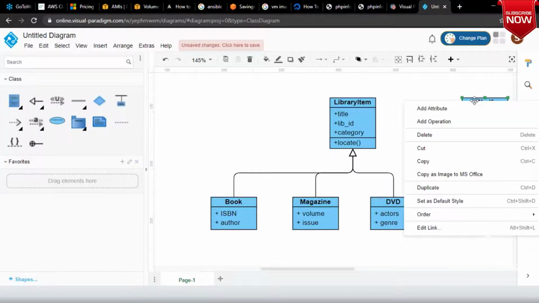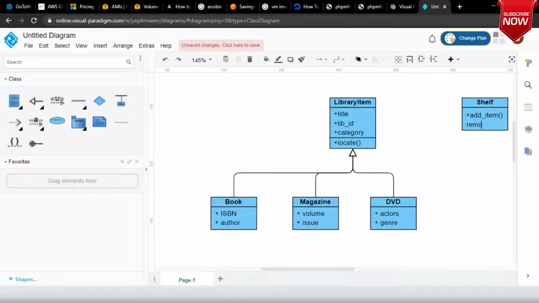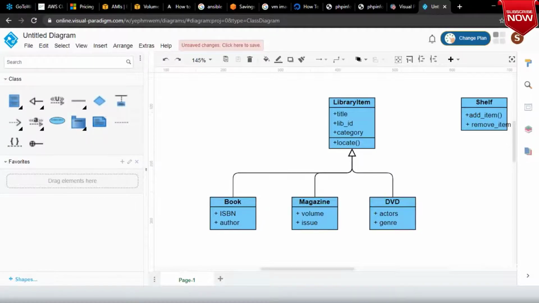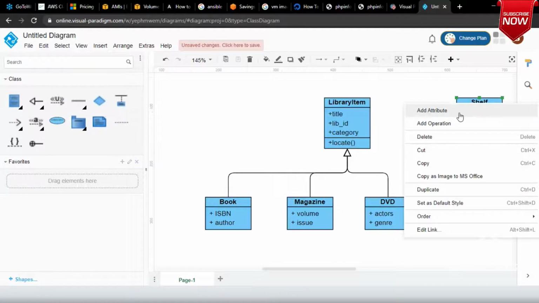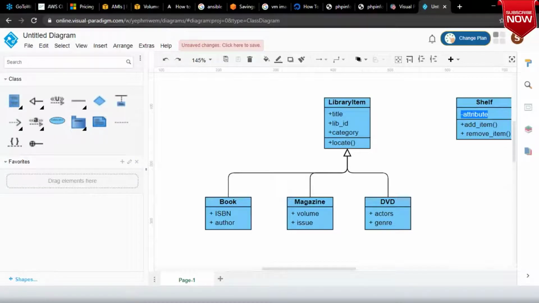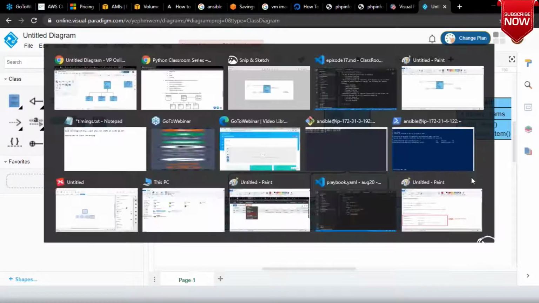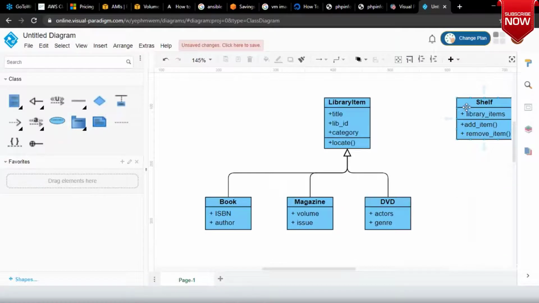Okay. And let me add one more operation, which is plus remove underscore item. Okay. Right. So let me add attribute now. Okay. So plus library items. Okay. And then it will have one ID. I'm adding only one more stuff. Add attribute, which is plus ID.